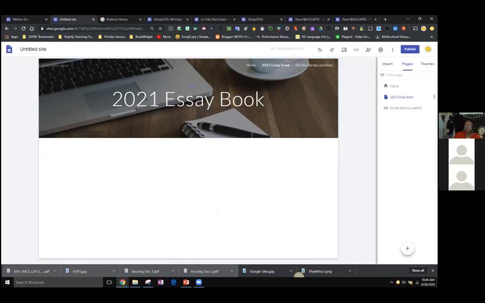Pages allows you to hide a page until you're finished creating it. So you can actually hide from navigation. So when I hit hide from navigation, notice how it disappeared? No one will see that until you unhide it. The more buttons over here as well allows you to make that page the home page. So it would bump this home page and make this the home page instead.